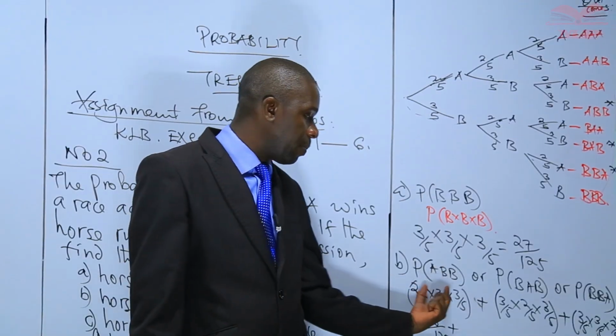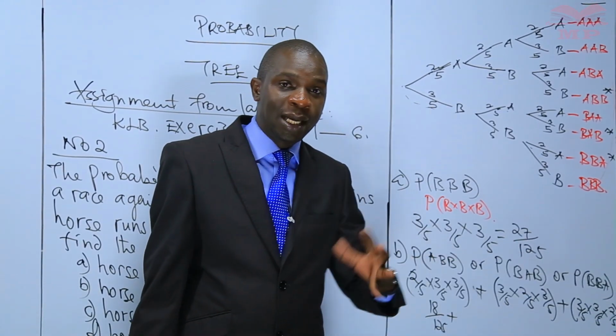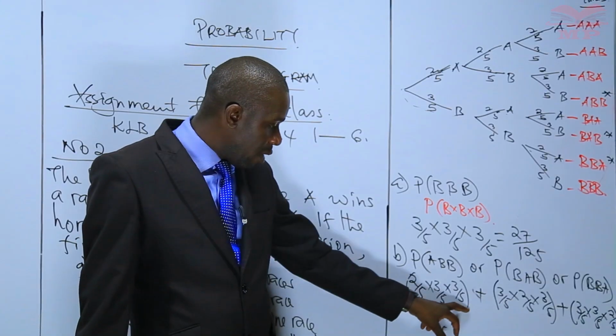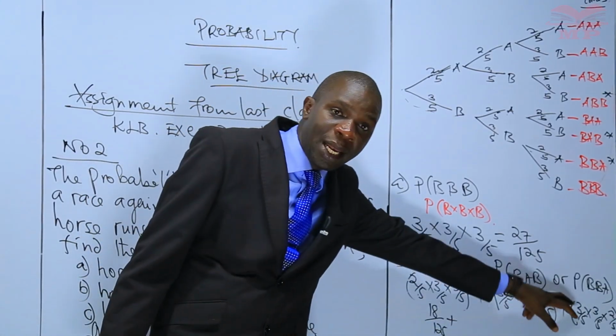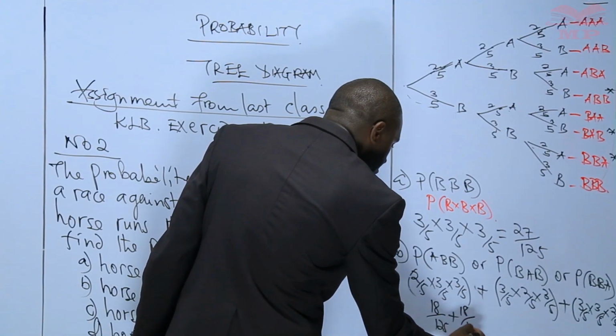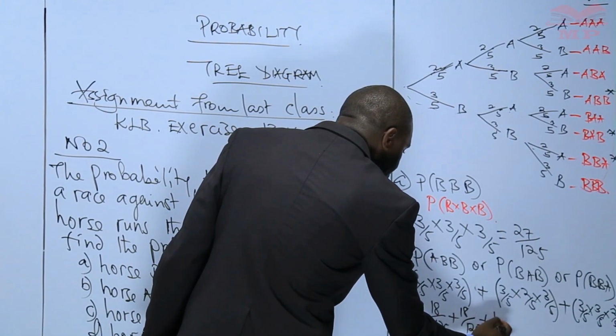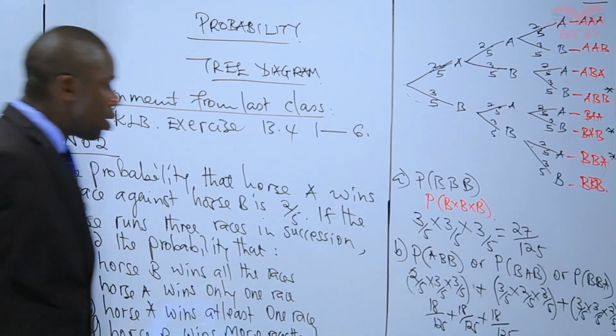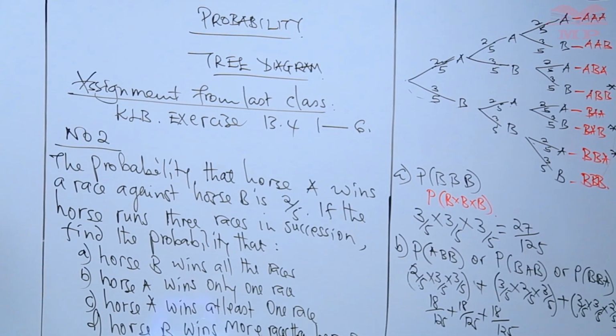now, if you're keen, you'll immediately notice that the values that are being multiplied in each of these 3 brackets are similar, meaning the answer you get for the first bracket is actually similar for all the three. So this will also be 18 out of 125 plus finally 18 out of 125. So bringing that information up,